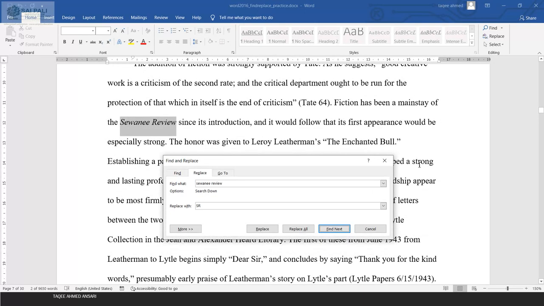Now here in my case it goes to this text here. Now it has found this, and it is highlighted in gray. Now do I want to replace it or not? It depends on me. So first I will review whether it needs to be replaced or not. If I want to replace it, then I will click the Replace command. Otherwise I will click Find Next. If I don't want to replace this, I will click Find Next.